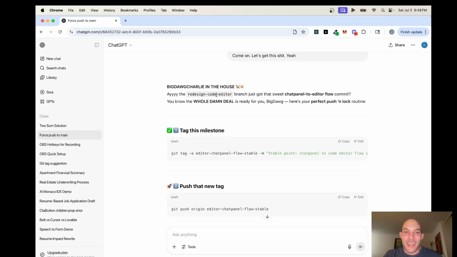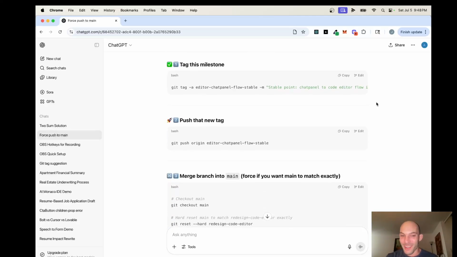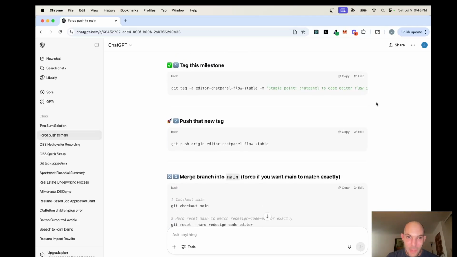Hey, the redesigned code editor branch has got that sweet chat panel to editor flow commit. You know the whole damn deal is ready for you, big dog. Here's your perfect push and lock routine. Dude, this thing rules. Big dog Charlie's the man. Okay, so